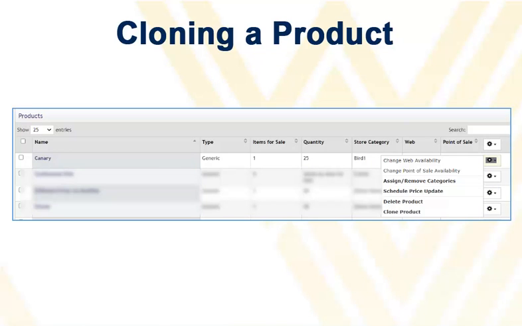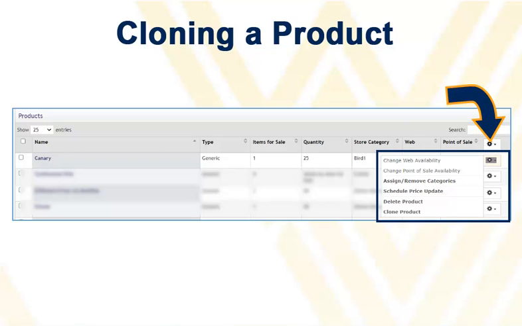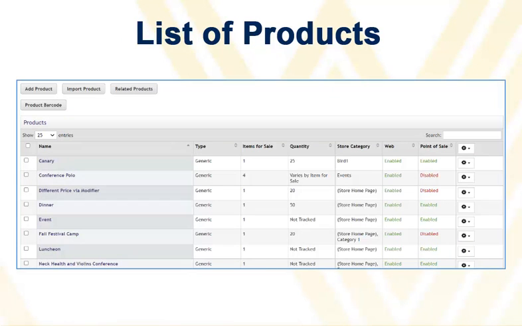When you have a product completely set up, you can click the settings icon and then clone the product so that it can be used as a template for other products. For example, if you will have numerous events with similar modifiers and options but different dates, you can clone the product and then just modify the dates in the clones. All the products you create will be listed in the Products region.